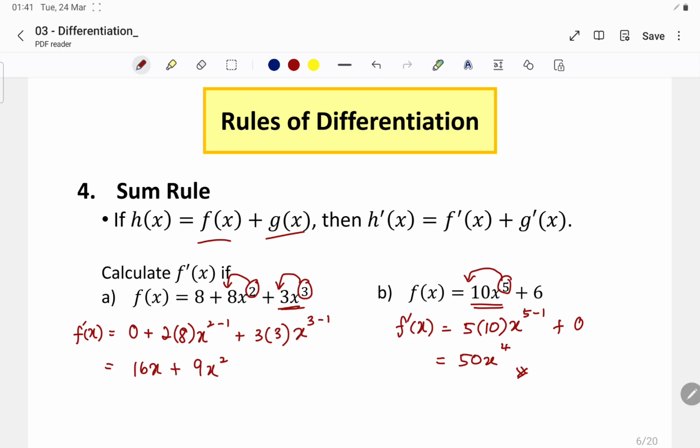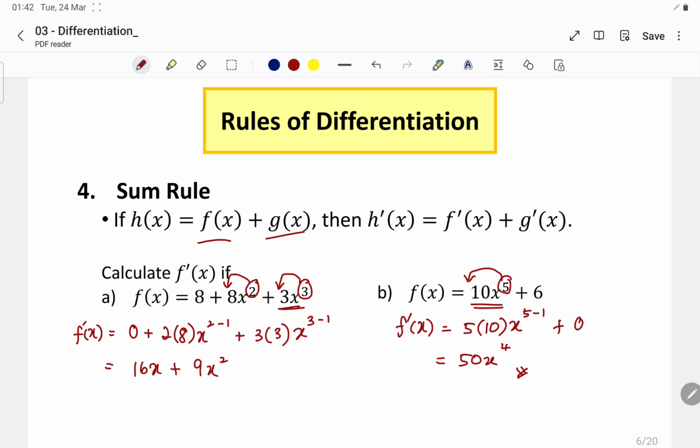So these are the few rules that you have to understand for this semester syllabus. Actually, we have a few more, but to make it easier for you to understand, for your syllabus this semester, only up to these 4 rules that you have to know. Okay, and then now we will go through another topic under differentiation as well, because you have to use the